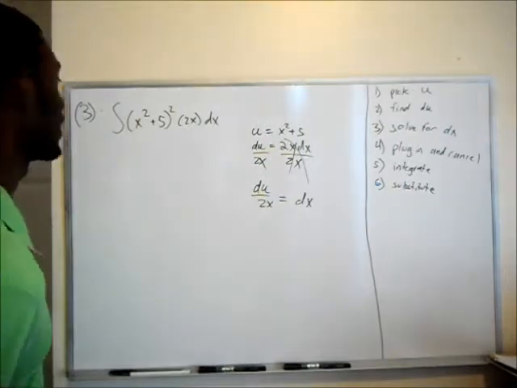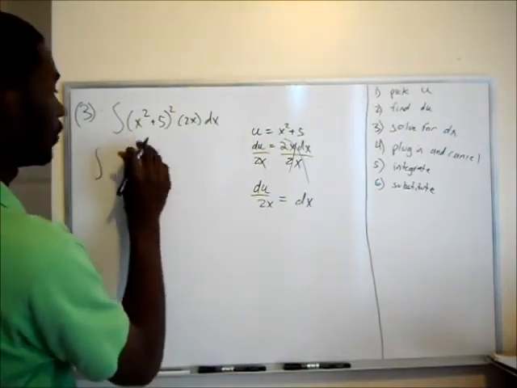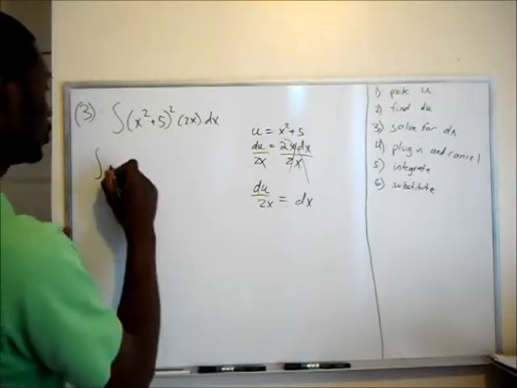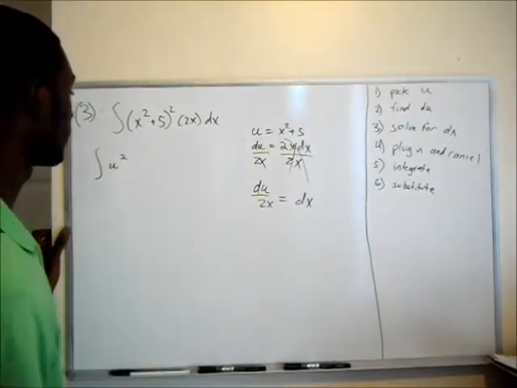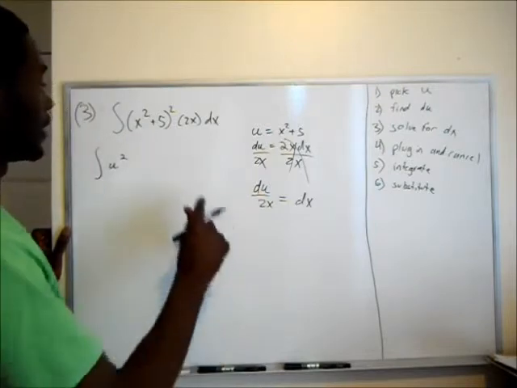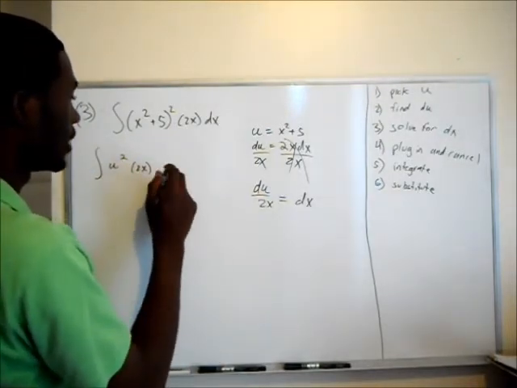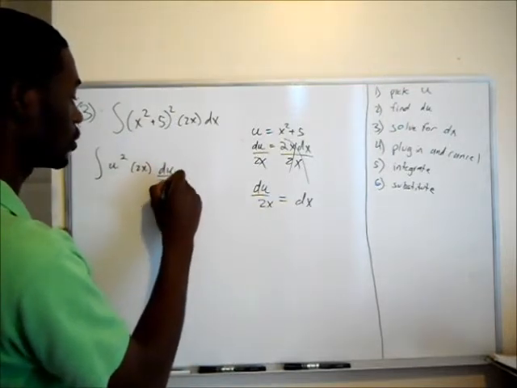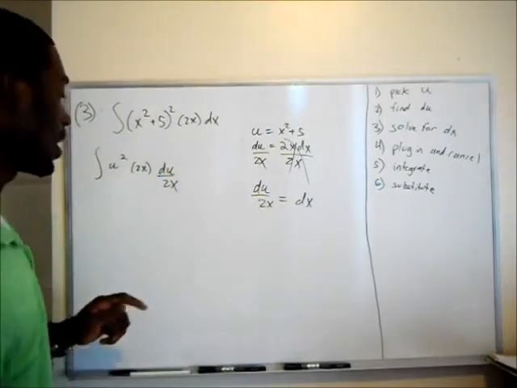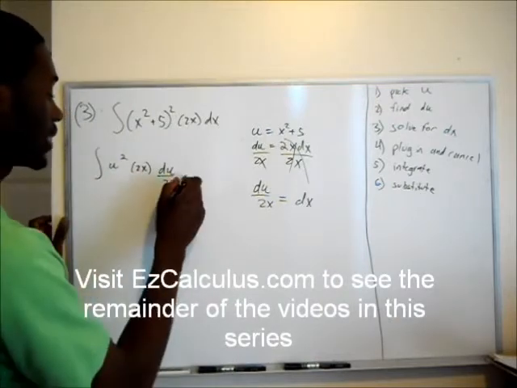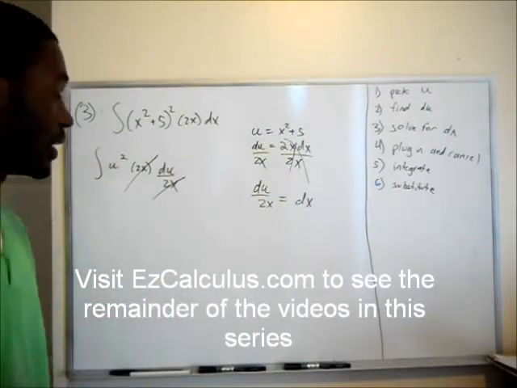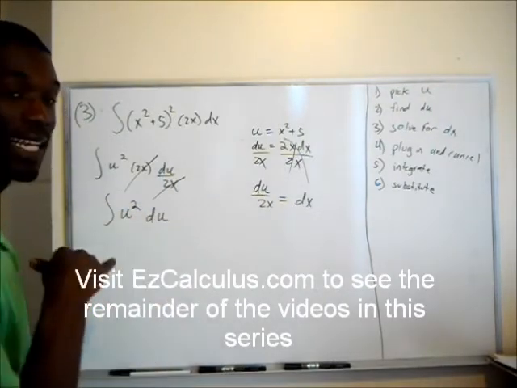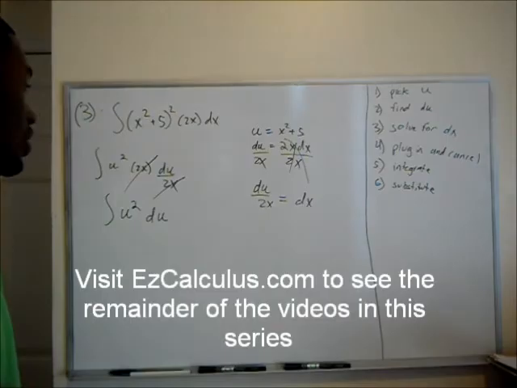Now I need to plug it in and cancel. So now I have the integral of x squared plus 5 does not exist anymore. It's dead to us. It's just u squared times 2x. Now what was dx again? Oh, dx is this. So it's times du over 2x. And voila, we have a nice cancellation. 2x and 2x. So now our integral just becomes the integral of u squared du. Nice. And it's just so easy to work